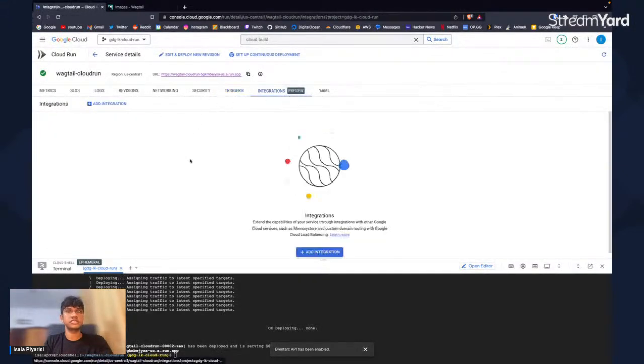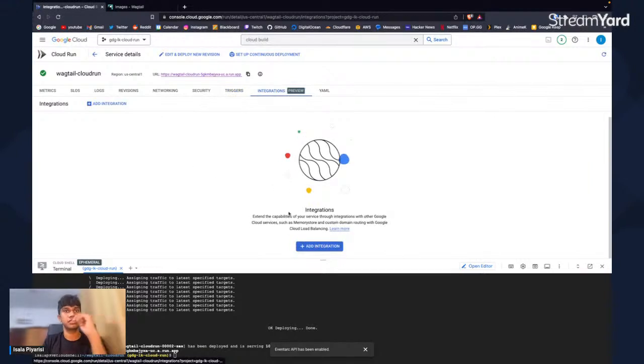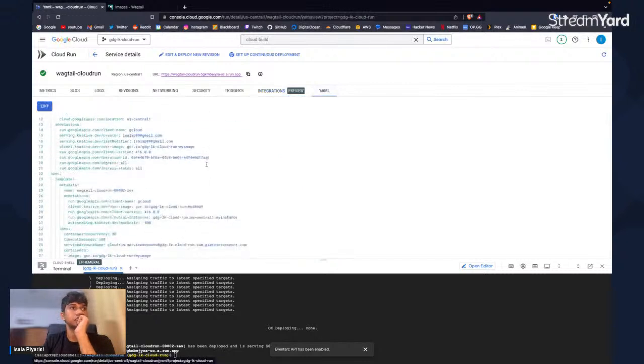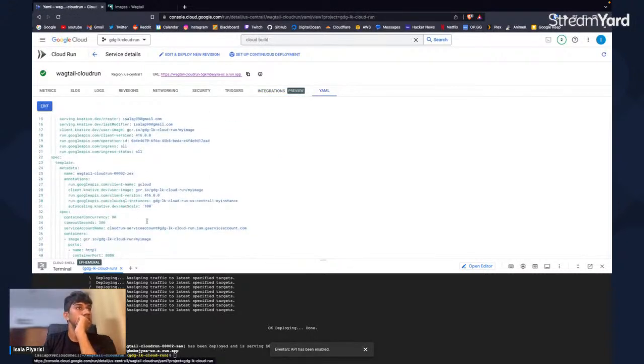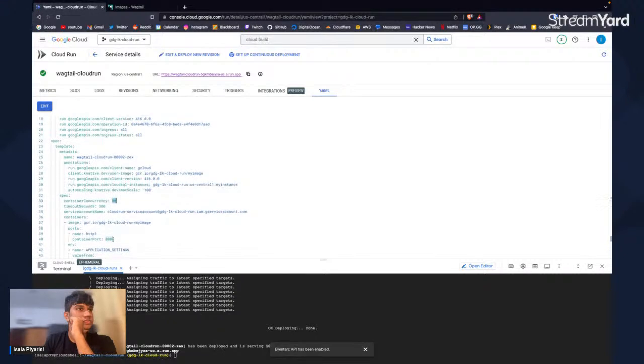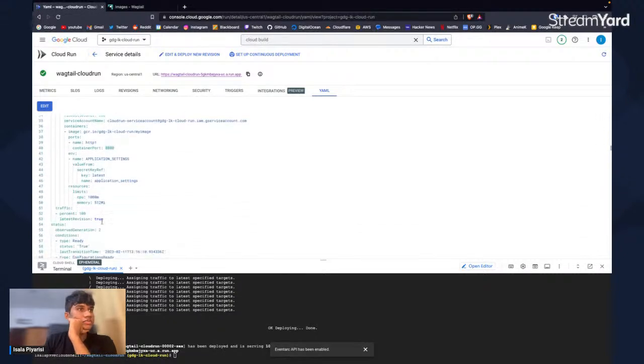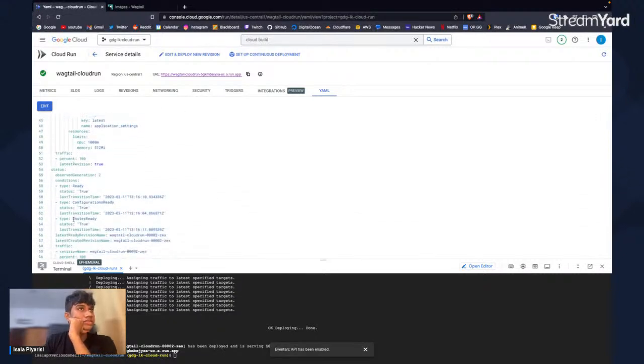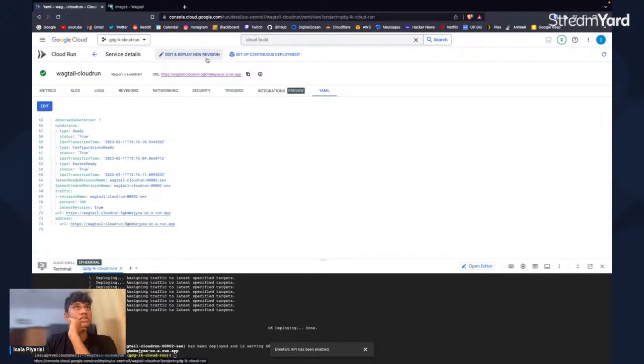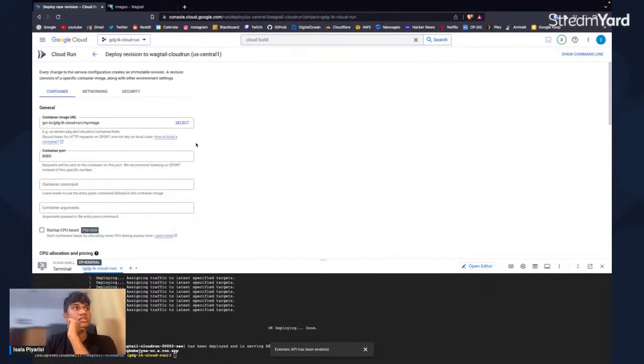And for integrations, this is actually a preview feature, I wasn't even aware of this. I still can't remember where we can apply a new revision. Ah yeah, okay, so if you go to here,